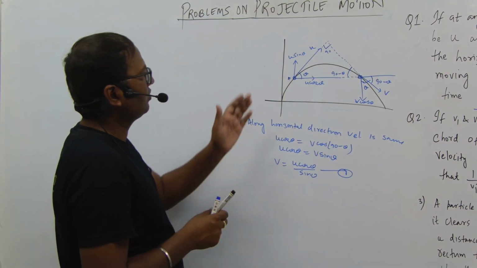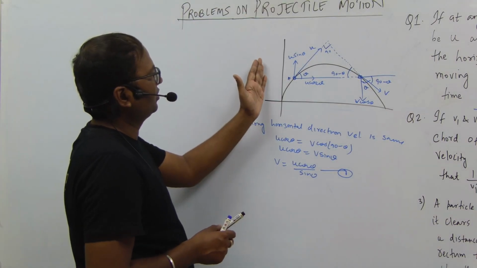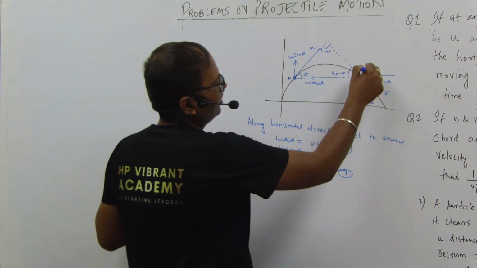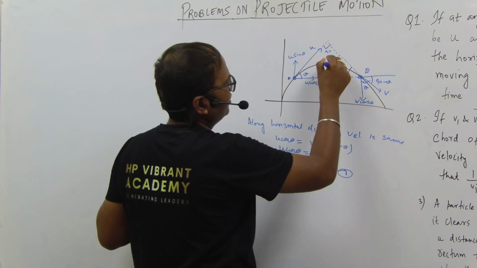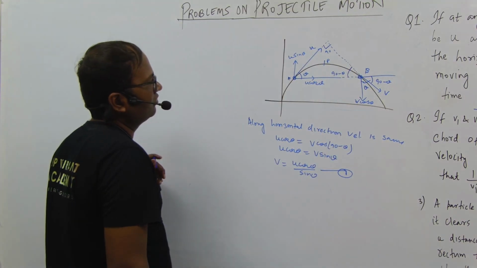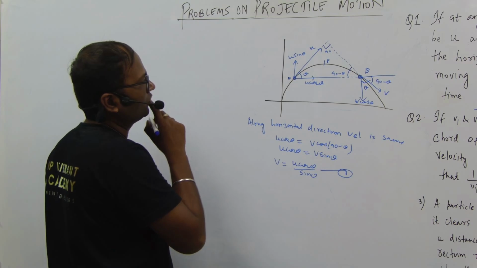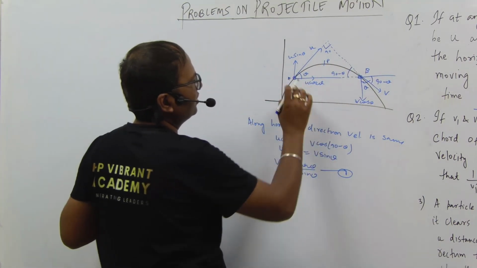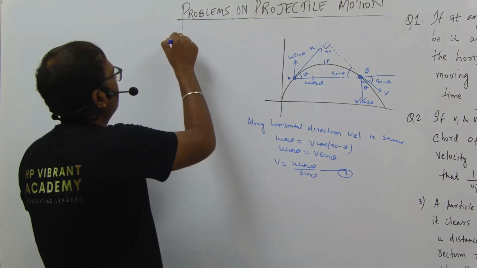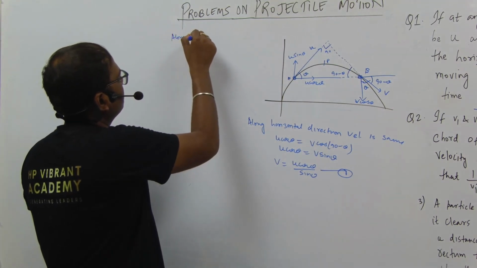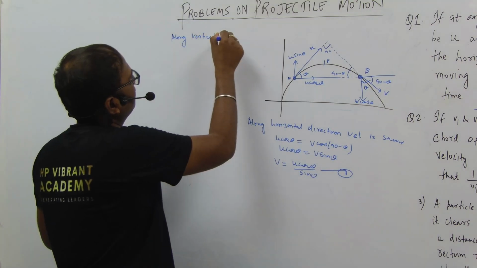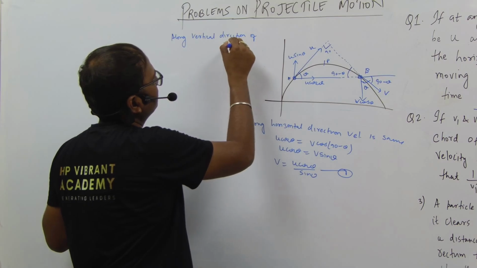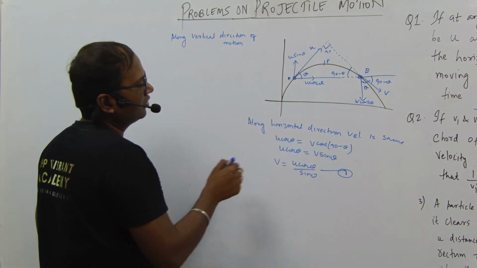Now let us resolve the velocity along the vertical direction. We have this point as A, this point as P and this point as B. Along the vertical direction of motion, we have